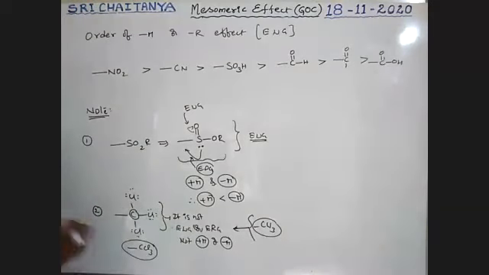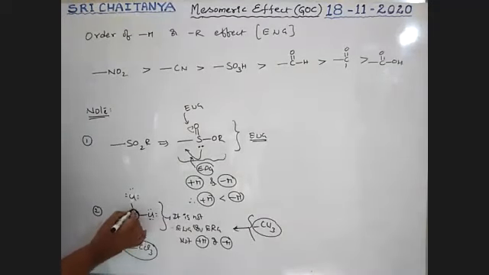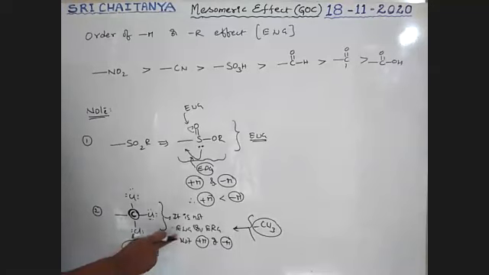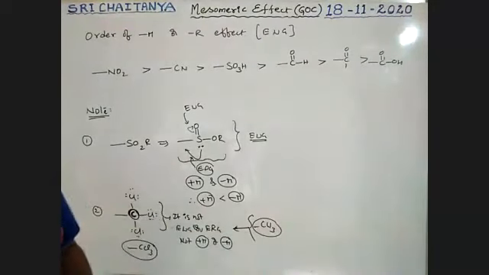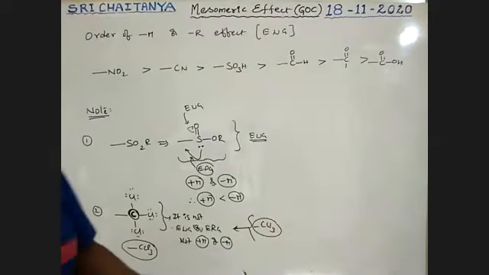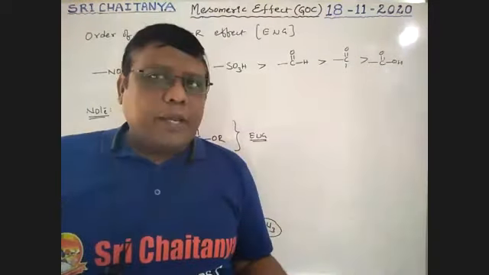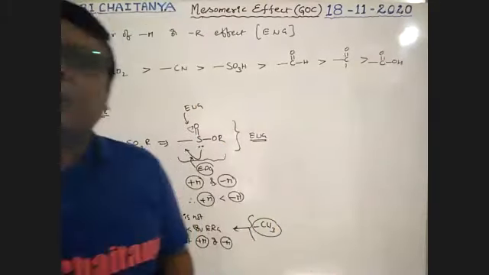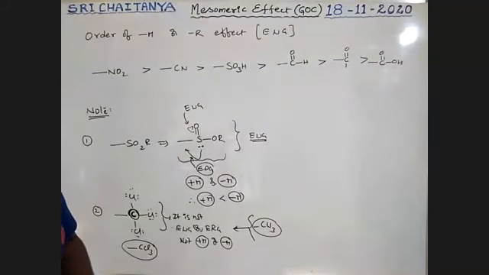See here, CCl3. Carbon has no tendency in it. No electron pair is there, no pi bond is there. That is why it is not electron pair donor, not electron pair withdrawing. Therefore, it is neither plus M group nor minus M. Similarly, methyl group also. It has no lone pair, no pi bonds. Therefore, neither plus M group nor minus M group. Okay, so it is very, very important.